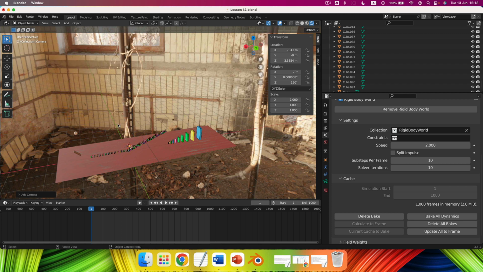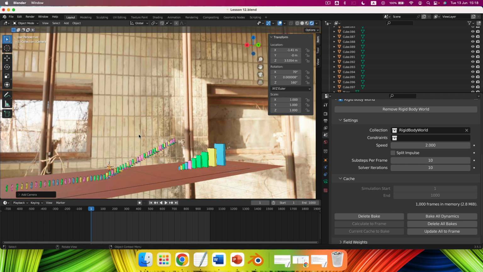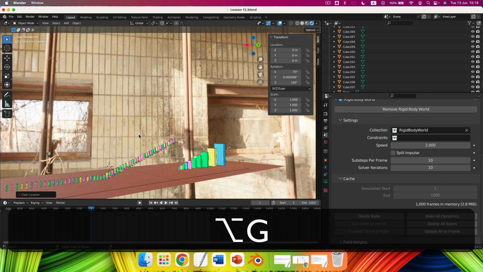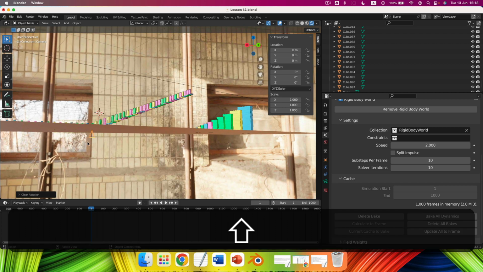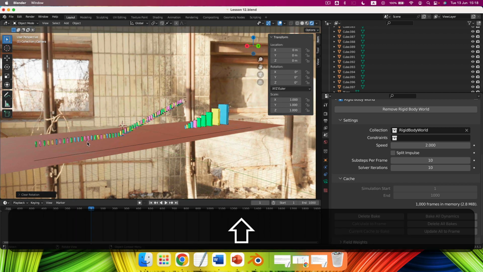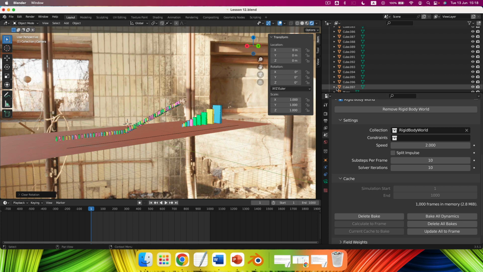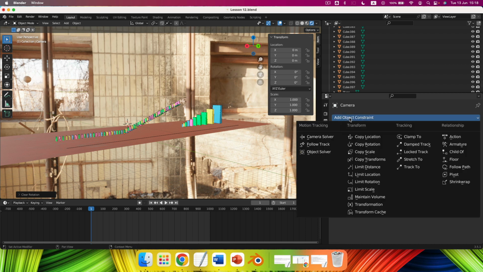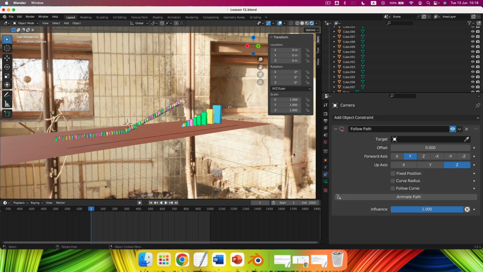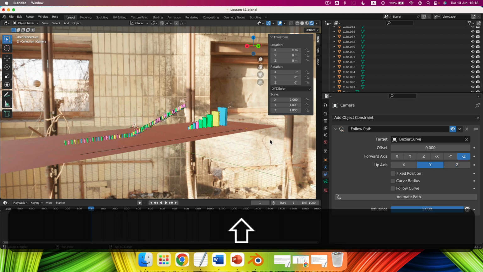Add a camera. Now, to reset our camera, and this is important, Option G, Option R. That will put it in the dead center, looking down. Yeah. When we've done that, with our camera still selected, we can go to Add Constraints, and our camera is going to follow, and it's going to follow our Bezier curve. We need to change the forward axis to -z and the up axis to y, and when we've done that,